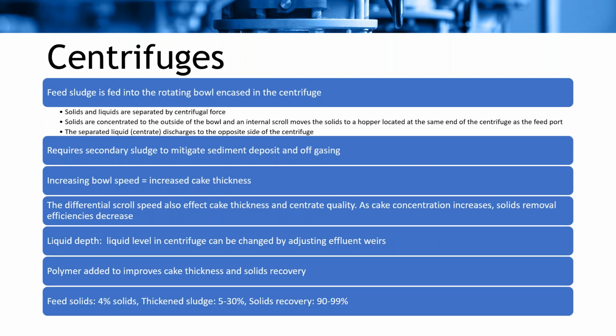So another form of dewatering is our centrifuges. Feed sludge is fed into a rotating bowl that works on a centrifugal property. There is an outside bowl and an internal scroll where they spin really fast and in opposite directions. The solids go to the bowl, and that internal scroll will move those solids to one end where they can be released, and then the liquid centrate discharges to the opposite side of the centrifuge. So it's important to use secondary sludge in this process, typically after digestion, and this is to mitigate sediment deposition, which damages the equipment, and also off-gassing from those unstabilized